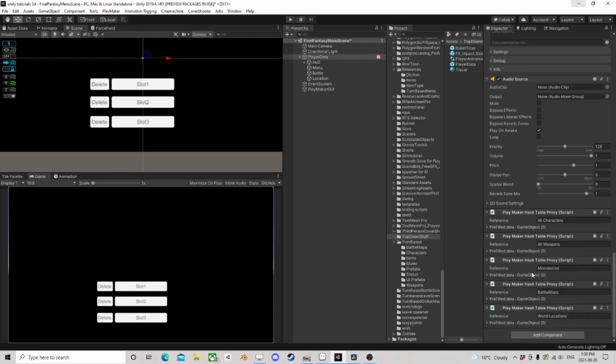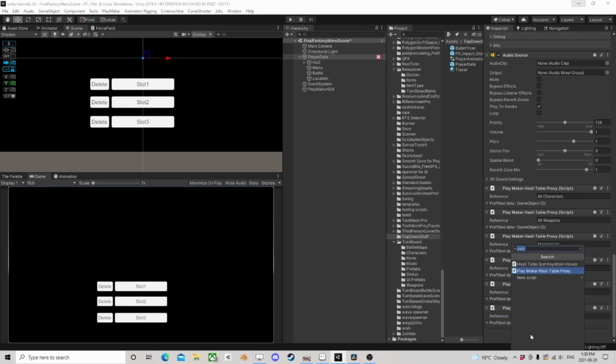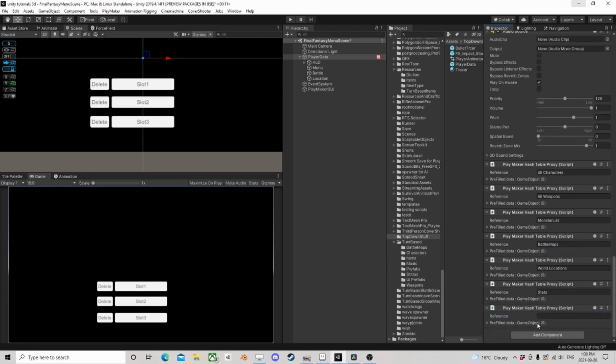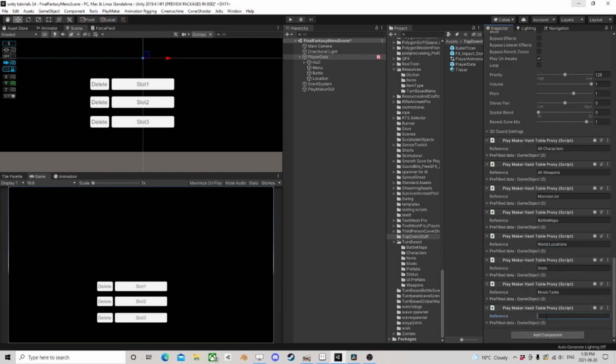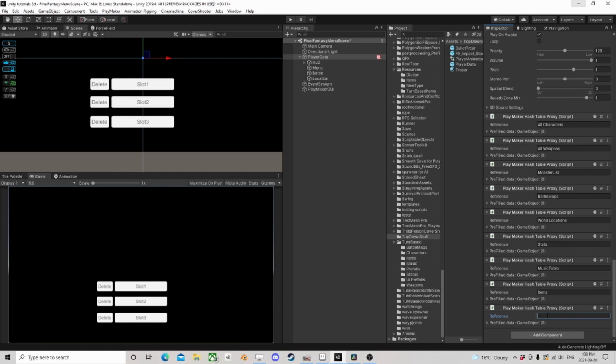And then we can probably use another hash table. Let's do one for stats. And then let's do another hash table. Let's do a music table. And then we should probably have a hash table. So let's do one for items. And then let's finish it off with another hash table for item